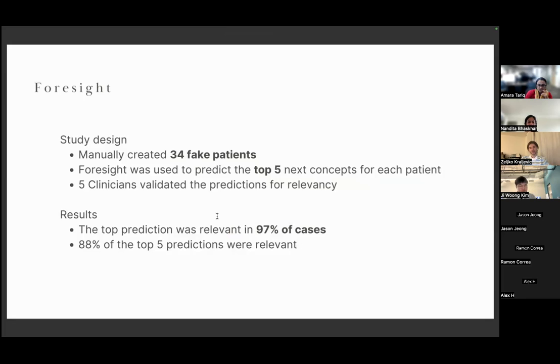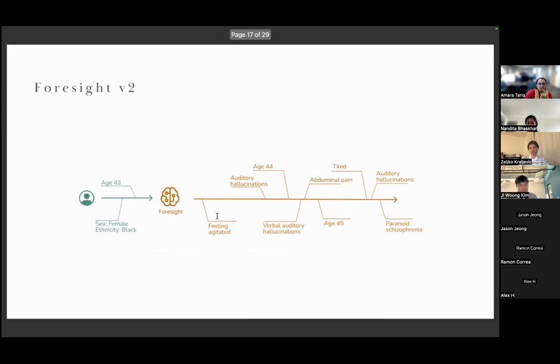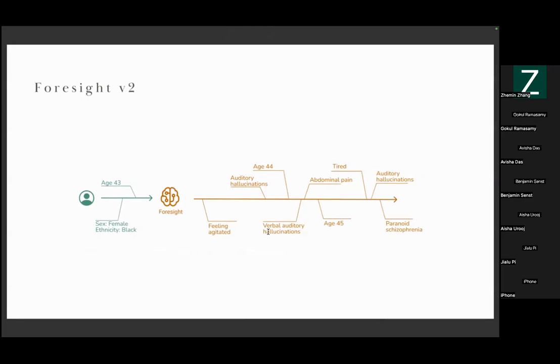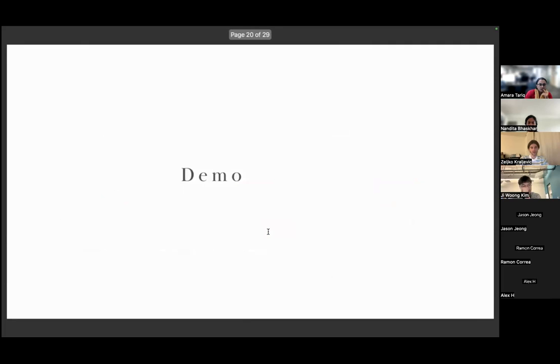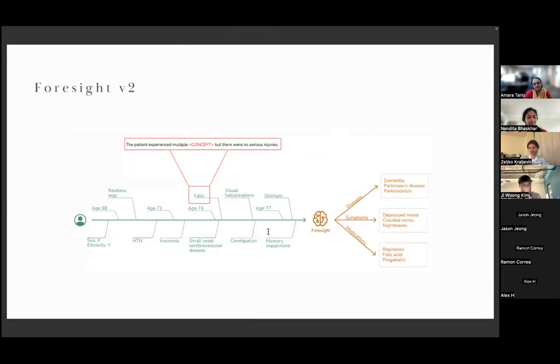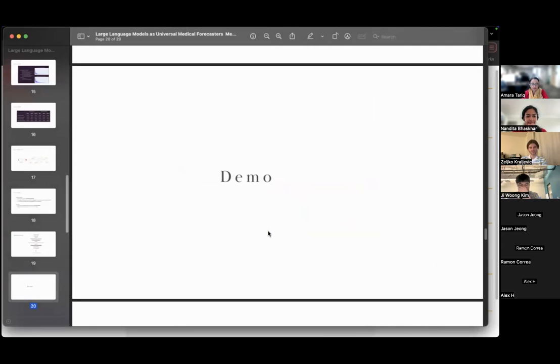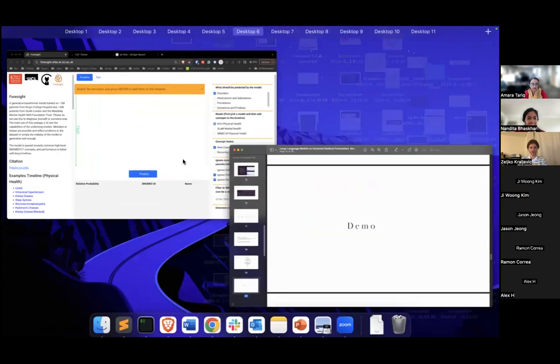Okay, while we were doing this, we also understood there are quite a few areas to improve. And the first one was contextualization. Oh wait, I wanted to first do the demo. Okay, let me first do the demo and then I'll come back to Foresight version 2 and the areas that we can improve. So I'll just show you briefly